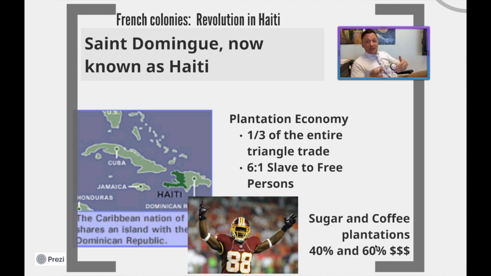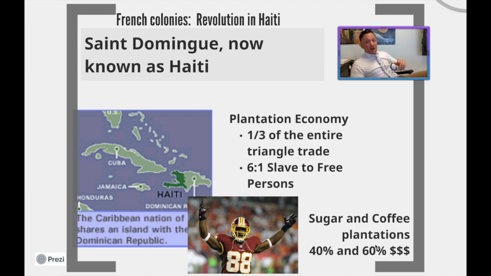So the thing that you need to understand, though, is that one third of the entirety of what we call the triangle trade, I hate calling it that, but we're going to use it right now, literally passed through this area, and it was a very aggressively violent colony. Slaves led a very, very terrible life. They were forced to work. They literally sometimes only lasted about 3 years on average, and the average life expectancy of a slave on this colony was only 21 years old, right? Mainly due to the yellow fever and also the other intense things that were going on there, right?